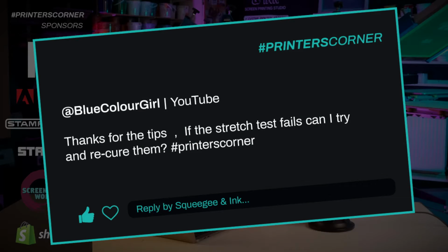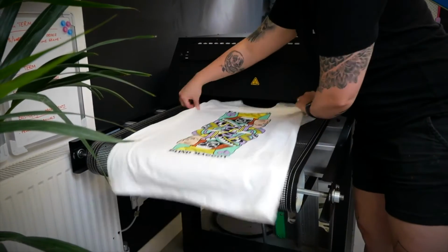The first question is from Blue Colour Girl, and they said, "Thanks for the tips. If the stretch test fails, can I try and recure them?" I would say yes. You might not be able to repair the stretched, cracked item, but you should be able to save the ones